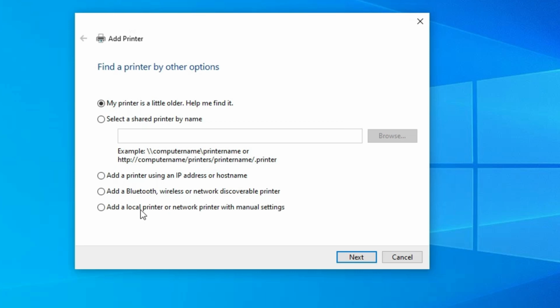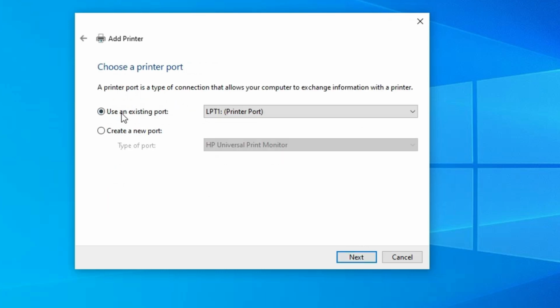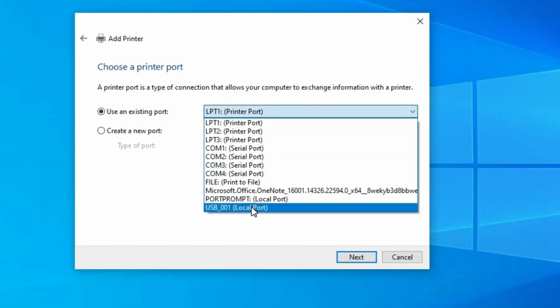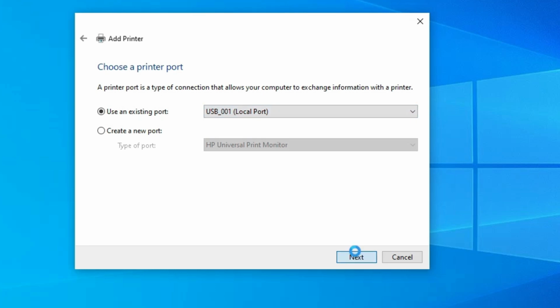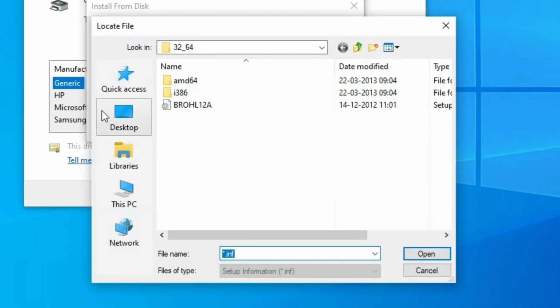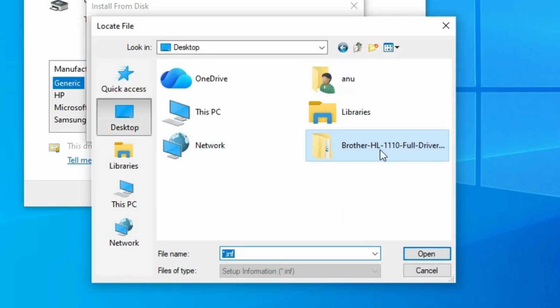In add a printer, go to the last option, add a local printer or network printer with manual settings, select the last option, click on next. Here we find use an existing port, the most important part of this installation, click here. If you find any port name like USB 001, USB 002, USB 003, USB 004, select any USB port, click on next, click on Have Disk, go to browse,